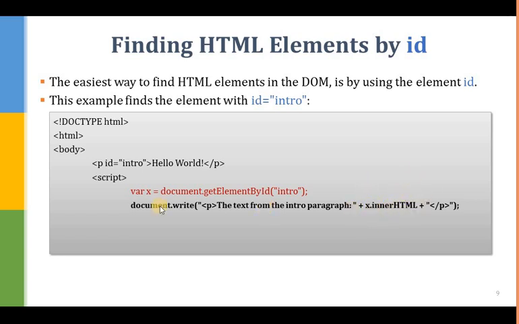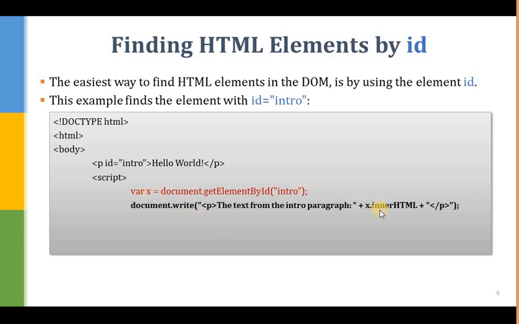Now look at this portion. This x is whatever object is returned by this method. Which object? The object for this p HTML element. As I have told you, this object has access to all your data, all your CSS, all your attributes. Now we are looking for the content of this HTML element. So how can I fetch the content of a particular object? Here is a property, innerHTML. This is the object of the paragraph.